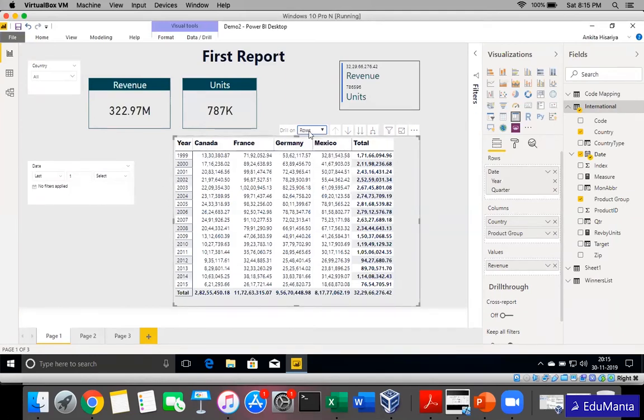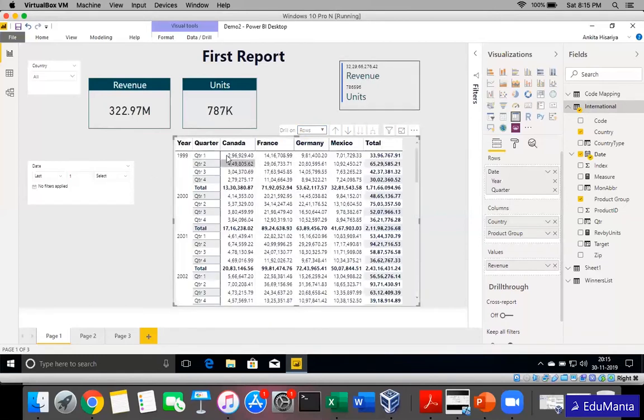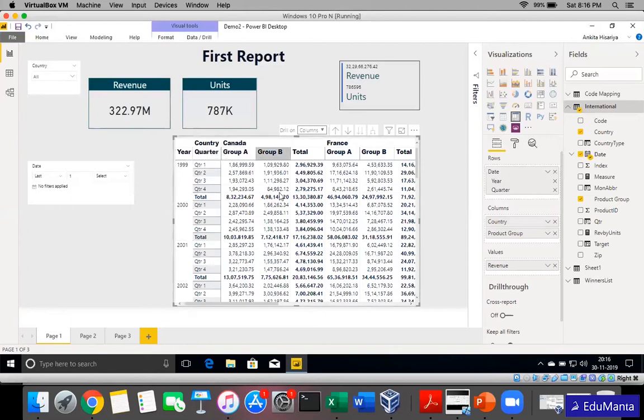When I select drill on rows, these are the rows which are on the basis of year, and I expand, so the row section gets expanded, nothing happens to the column section. If I want to expand on the column section, then I will select drill on columns, and then say expand. So under Canada, I have group A, group B, under Mexico, France, and so on.